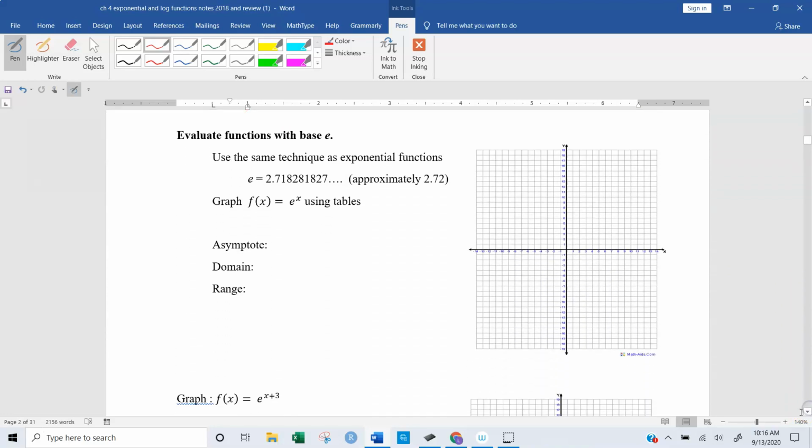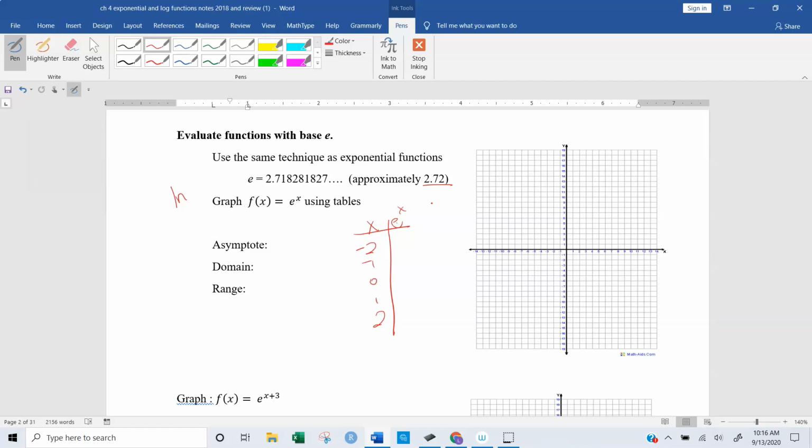Base e. If you put e to the first on your calculator, which you do have that button, it's by the natural log button. So you're looking at your LN button. Above it, it should have an e. So when you plug that in, you get 2.718, blah, blah, blah, right? Approximately 2.72 is e. So we're going to use tables and graph this function. So let's do -2, -1, 0, 1, 2. We're going to do e to the x. And when you type all of those in,